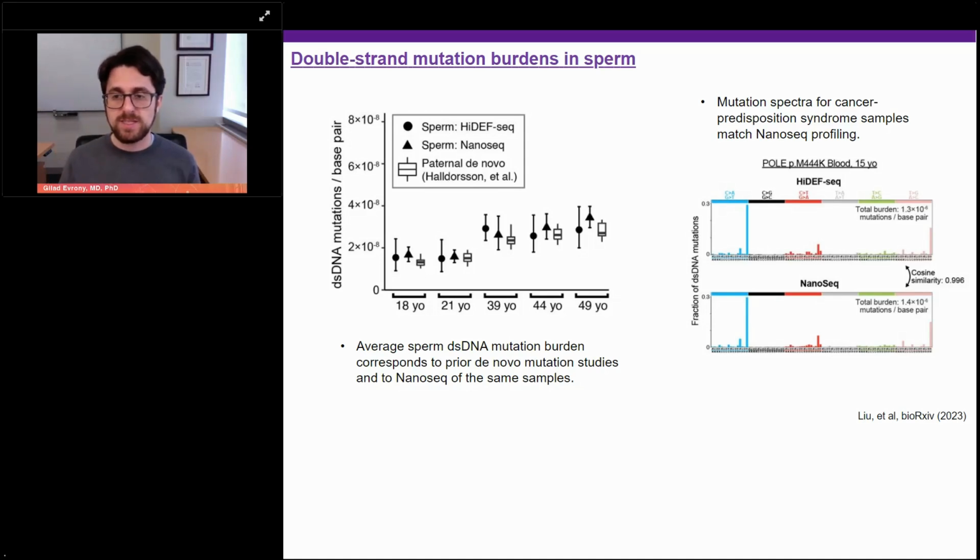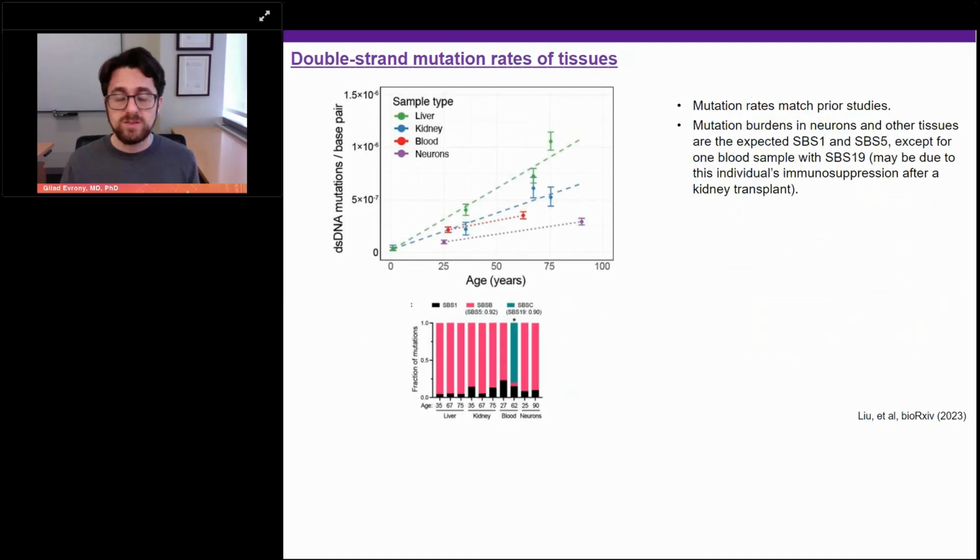And you can specifically see this breaks down the mutation pattern into 96 possible mutations based on which base is changing to which other base. So this further confirms the accuracy of our method. And again, up till this point, actually, this data is only looking at double-strand mutations, which prior technologies have been able to do. We then looked at a variety of tissues and saw this linear increase